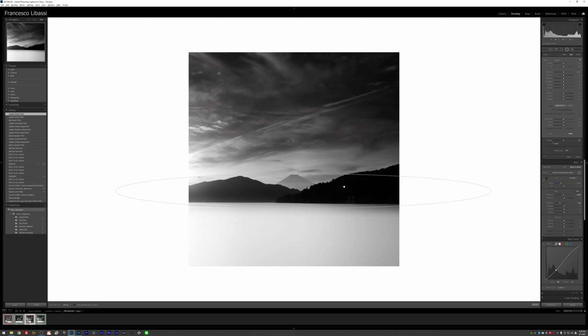And then I kind of want to lift the shadows a little bit more and see how it looks. So I'm gonna raise the shadows maybe about 50 or something like that. And as you can see, with just one simple touch, you can see much more here of the line of trees. And I really like how there's different gradations of gray here between the trees and Mount Fuji. And also I can see the gate a little bit more.